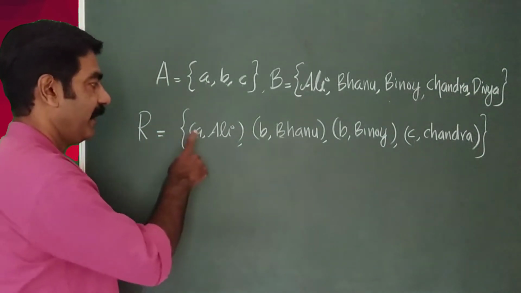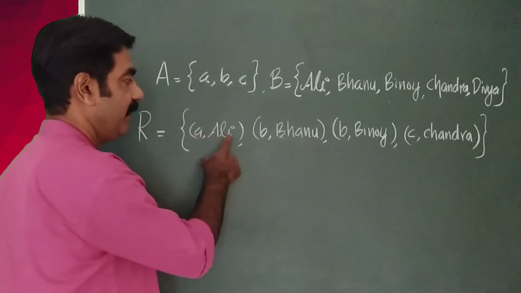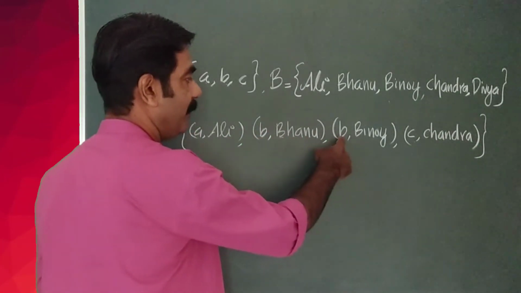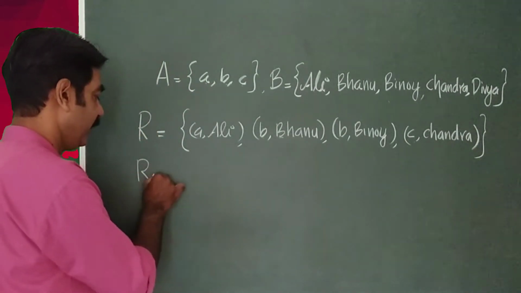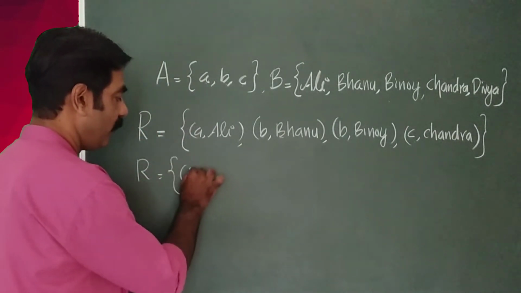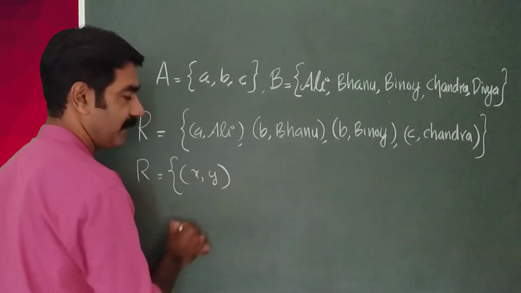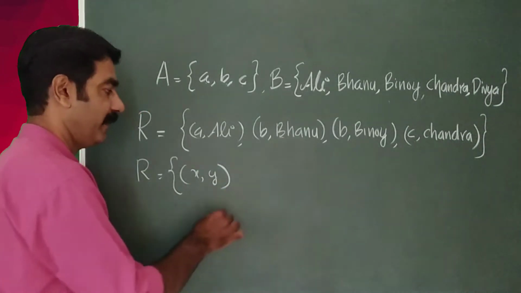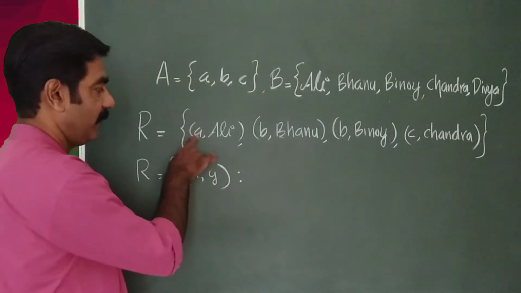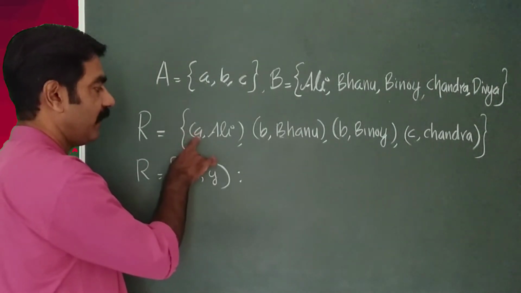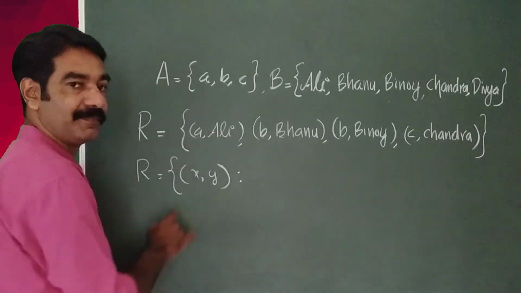ഓർഡേർഡ് പെയർ എ അലി, ബി ബാനു, ബി ബിനോയ്, സി ചന്ദ്ര. See, this relation we can write set of all ordered pair xy. set of all ordered pair xy. എക്സ് ഈസ് ദ ഫസ്റ്റ് ലെറ്റർ ഓഫ് ദ നെയിം സെക്കൻഡ്. സോ എക്സ്